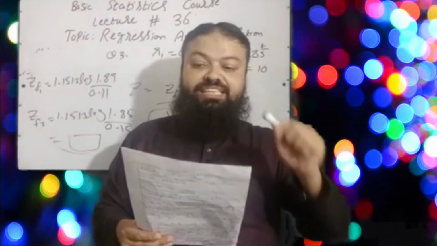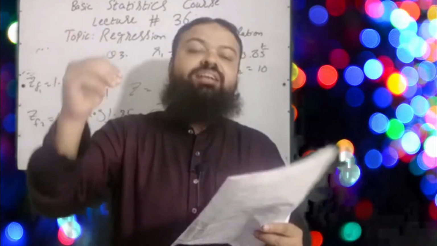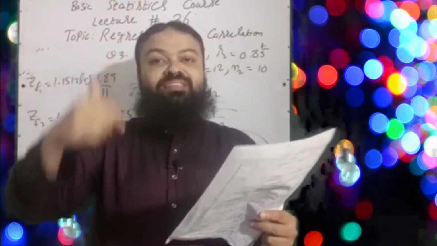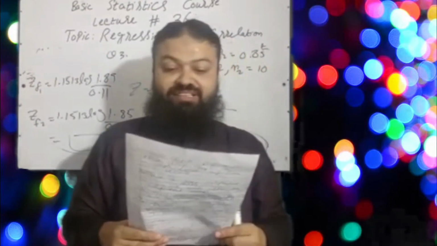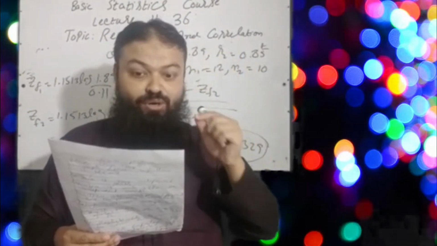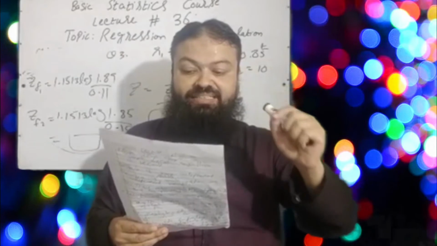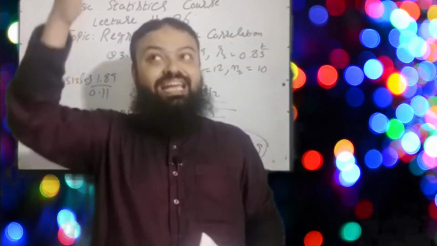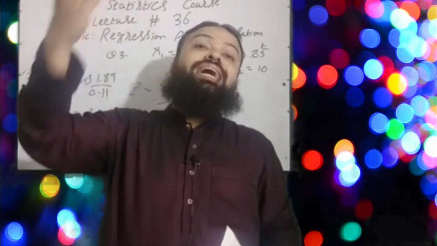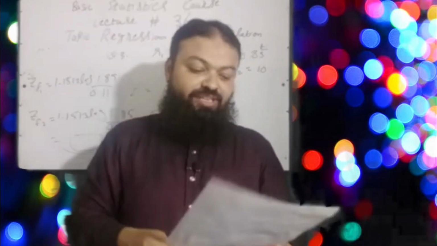Question number 6. The dependent variable is also called A, regressant variable, B, predictant variable, C, explained variable. Yes, these three are correct options. It means D, all of the above, is correct. That is the incorrect one, a very technical one. Question number 7. Regression coefficient is independent of A, scale, B, origin, C, both origin and scale, D, neither origin nor scale. Dear students, regression coefficient b is not affected by adding or subtracting values from X and Y. It means it is independent of origin. A very important concept.